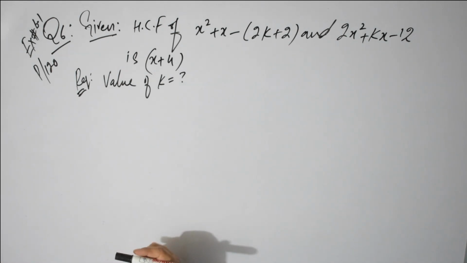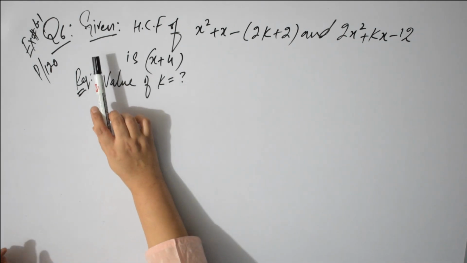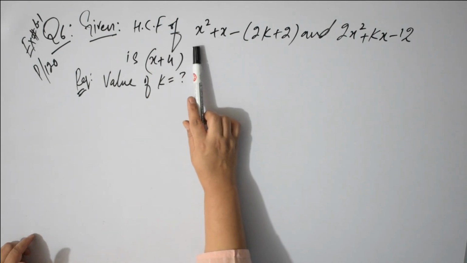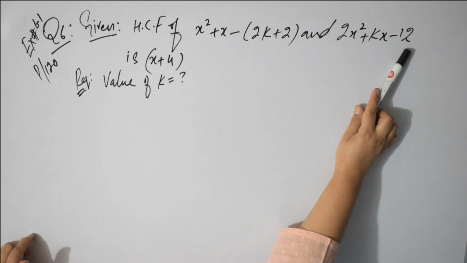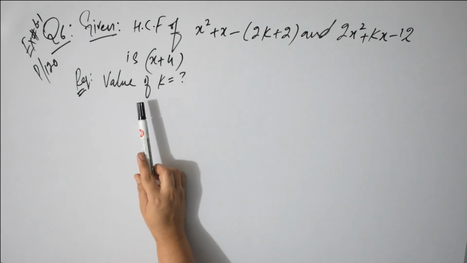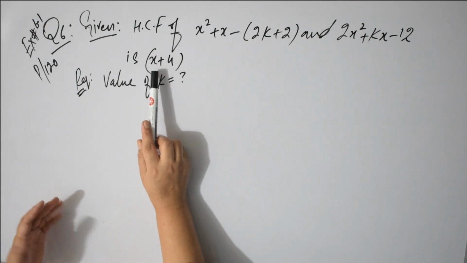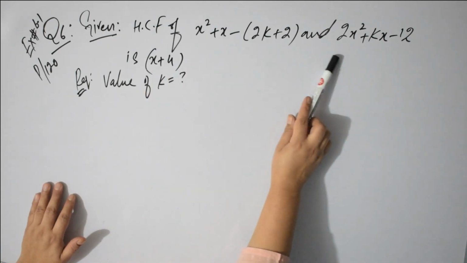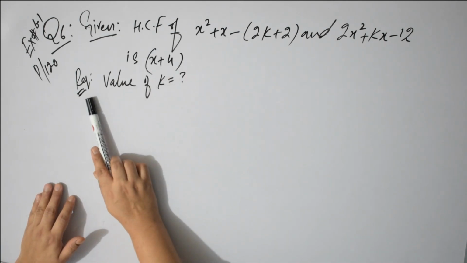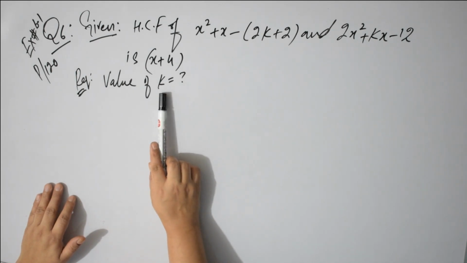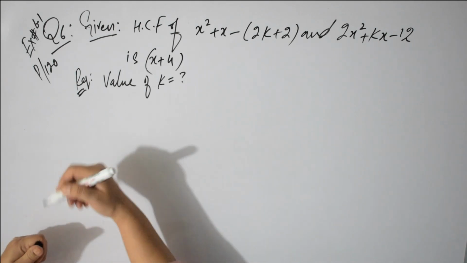What is given in question number 6 is the HCF of this polynomial and this polynomial. Its HCF is x plus 4. They have given you in the question that x plus 4 is the HCF of these two polynomials. And what is required? The value of k. You have to find out this value. Now, in the solution,